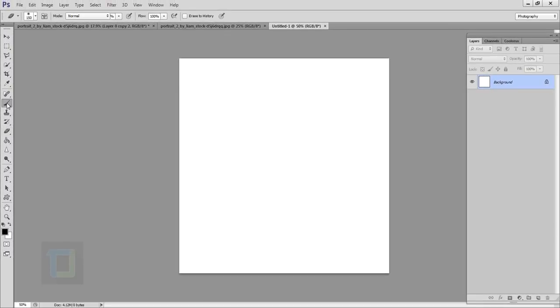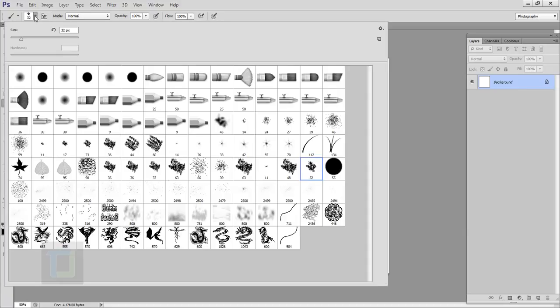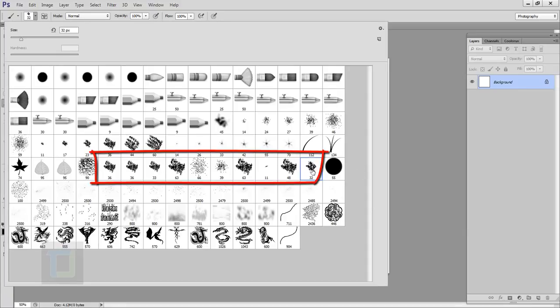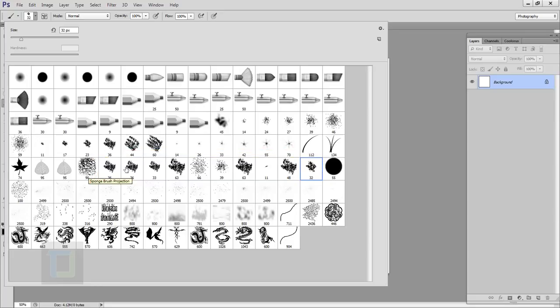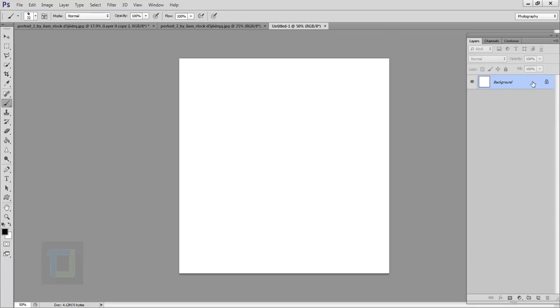Now I'm gonna select my brush from here. And then in the brush panel you have these really cool brushes. You can see this row from 32 to 90. You can use any of them and it will work really nice. Not the 90 though, I think. So I will go with the 32 number. Now if I draw a line, it looks something like this, which is not very interesting,